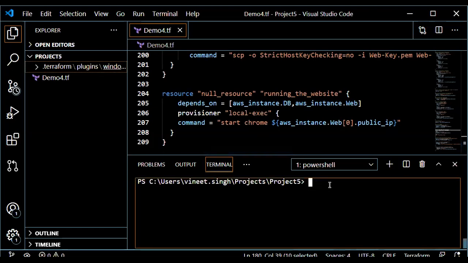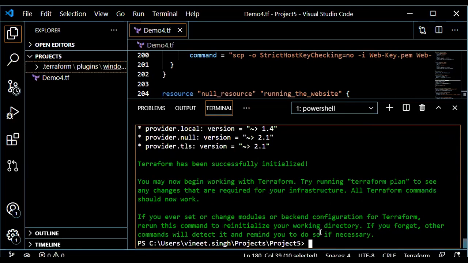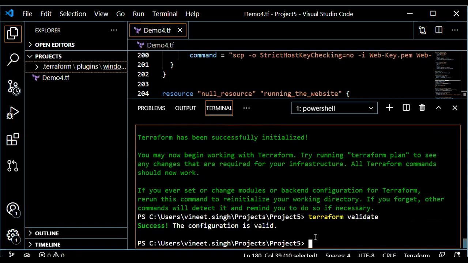So let's go ahead with testing our code. We'll start with terraform init to initialize. It is successfully initialized. Now I will validate my code, terraform validate, just to make sure that there are no syntax errors. My configuration is valid.